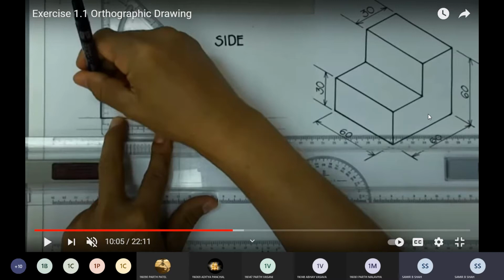Okay, so we also consider this as a front view, and I just provide you that if this may be the front view, then what happened? You just give me the answer at the end of this. Okay, so we will also discuss that. But right now, if this is the front view, then 60, 60, then we draw this 30. ये नहीं दिखेगा, ये हमें top view में ही दिखेगा. Then ये line आएगी, then ये. Okay. Based on that, we have to finish this inverted L shape.